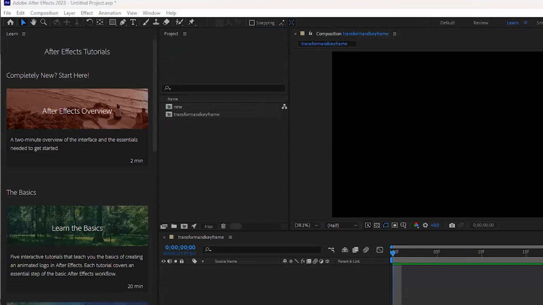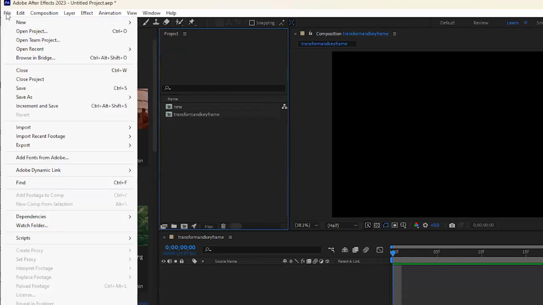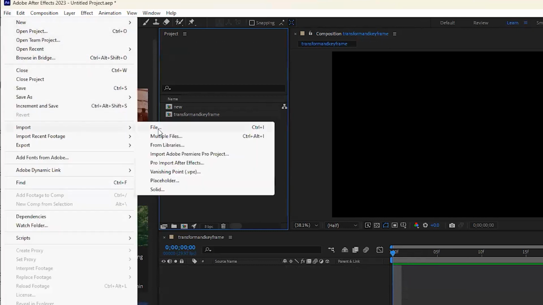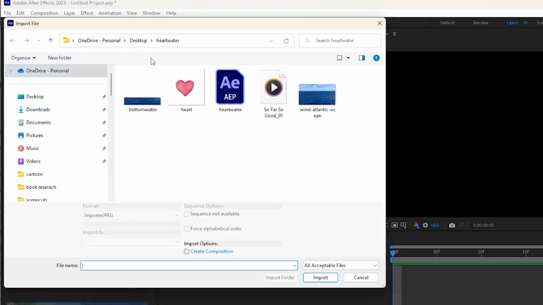Now we're going to import the video or image you want to work with. And we do that by going up to the menu bar right on top. And where it says File, you're going to go File, and the scroll down menu is going to come down. You're going to go Import, File. It's going to open up a window, and this is where you're going to find what video you want to